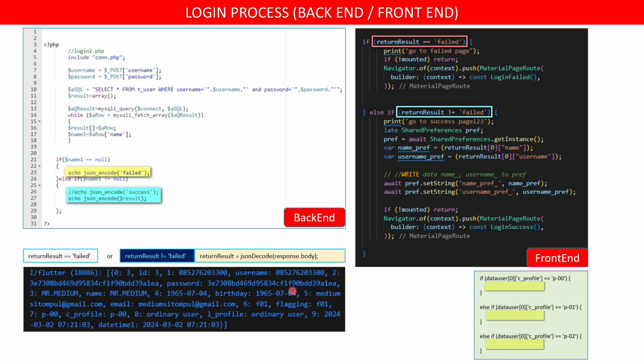We analyze what the profile is, this one, the profile. For example, if we have profile P00 and then run this script, it goes to menu 00.